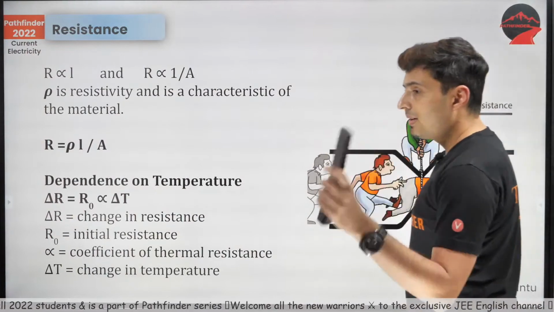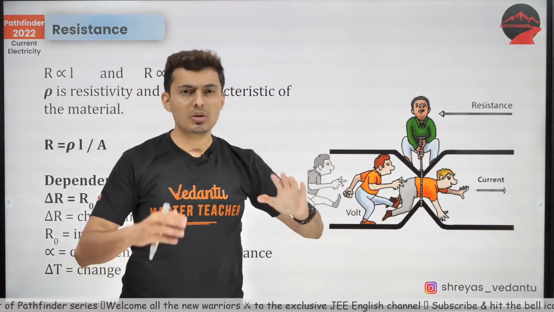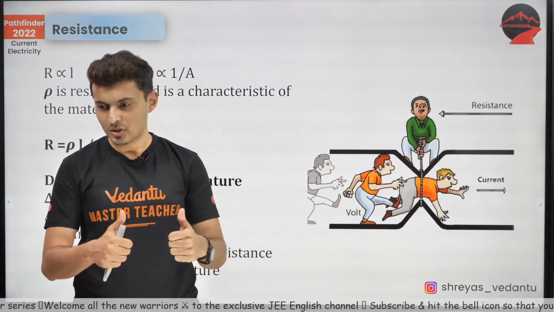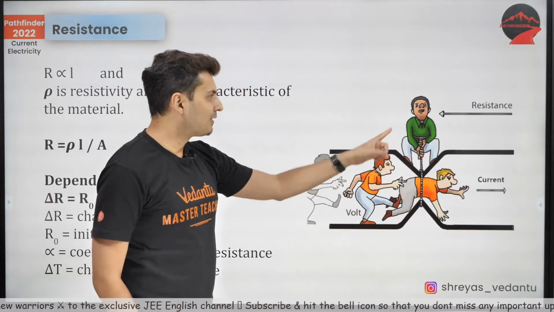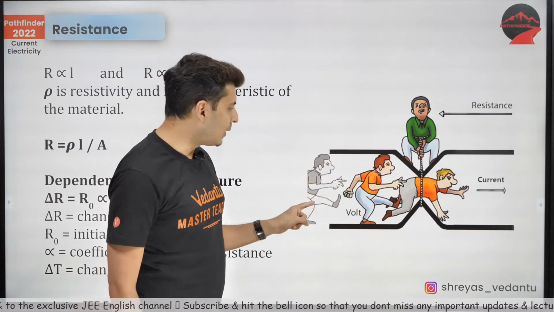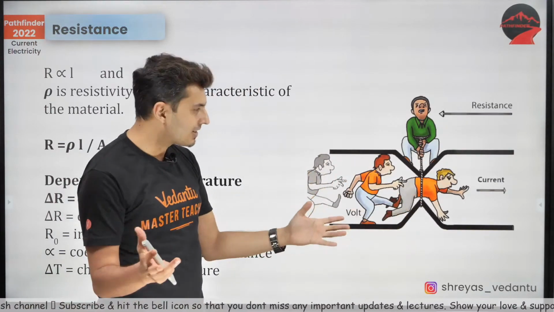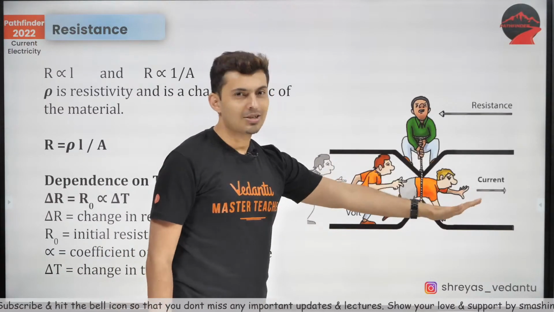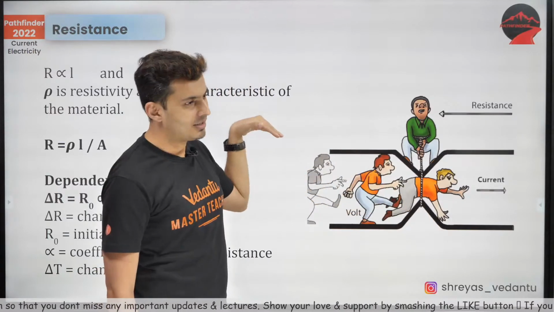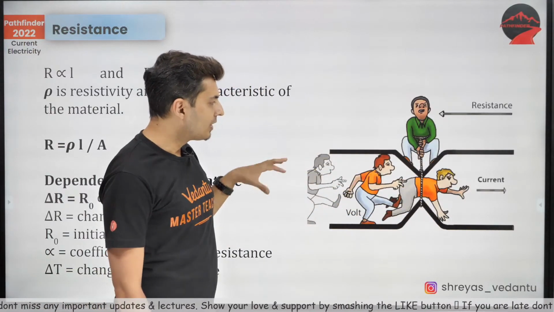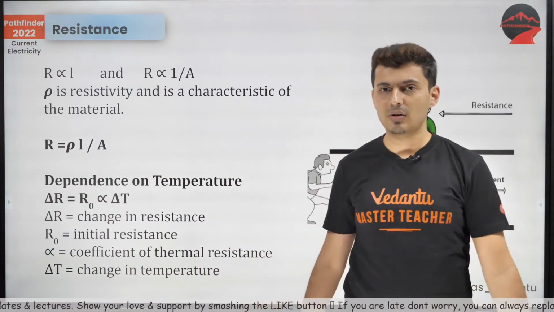Now, when we talk about resistance, resistance is nothing but the opposition to the flow of current. So this diagram is self-explanatory. The resistor is opposing the flow of these people through this pipe. The people are like electrons or charges, and there is some potential difference. Maybe this is on the top of a hill, this is at the bottom of a hill. So there is potential difference, and this flow will be blocked by resistance. That's what resistance is all about.